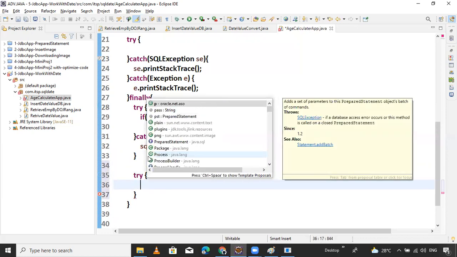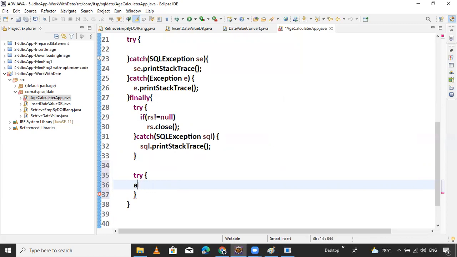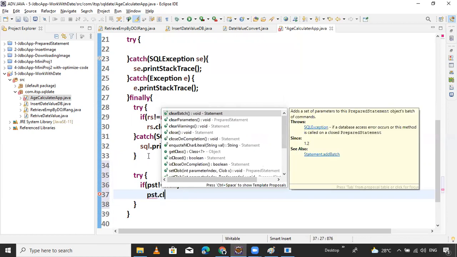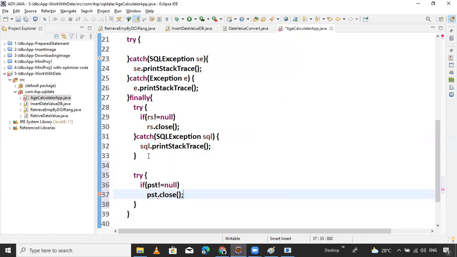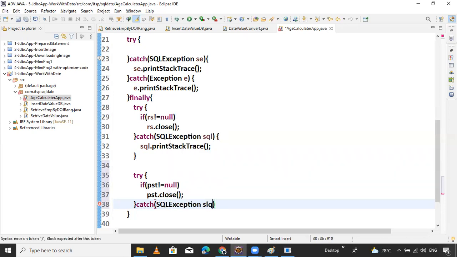Check if pst is not equal to null, then close it. That's it. Now handle the exception, catch the SQL exception. This is the local variable you can provide.